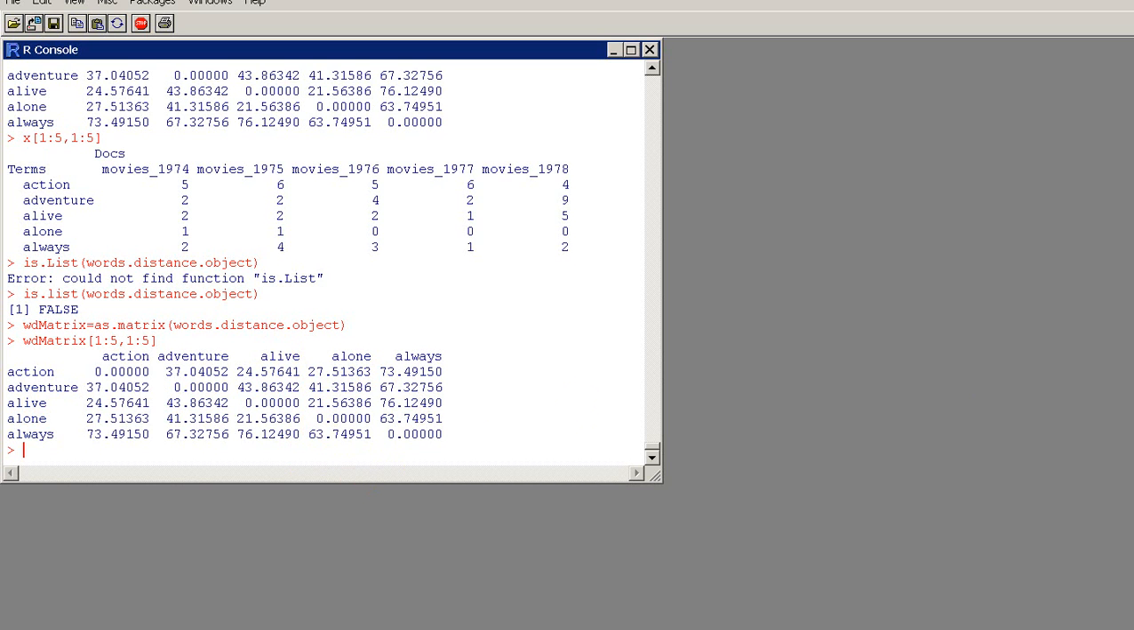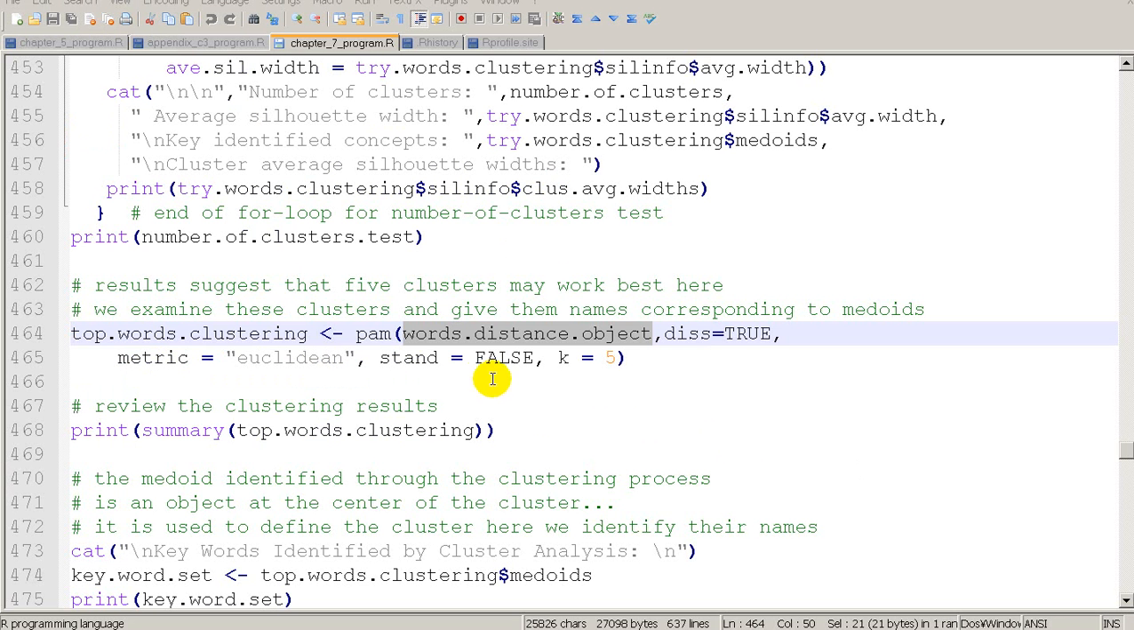So now I may have misstated it. Maybe he's clustering this, which is a kind of interesting idea. Let's look at it again. So here he's clustering this, right? Pam is the clustering function. So he's clustering this. So that's kind of interesting. The implication is,